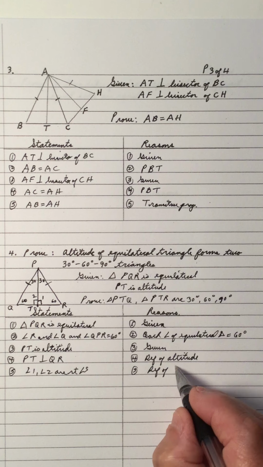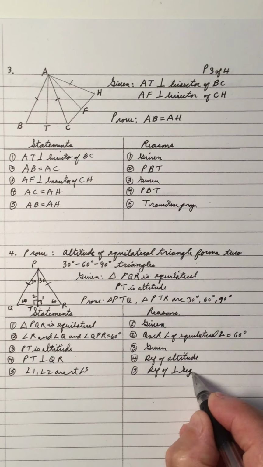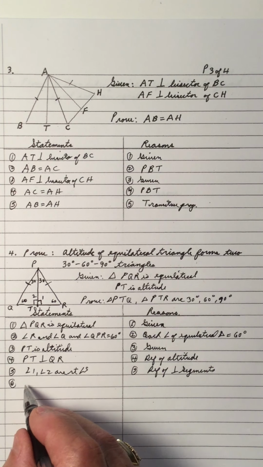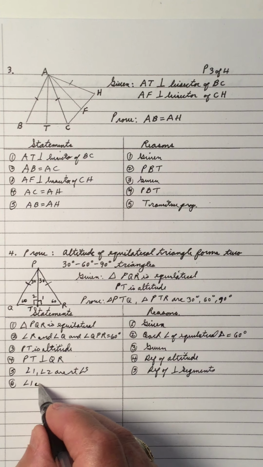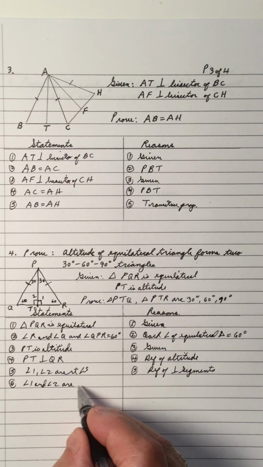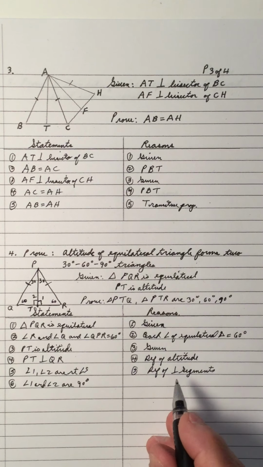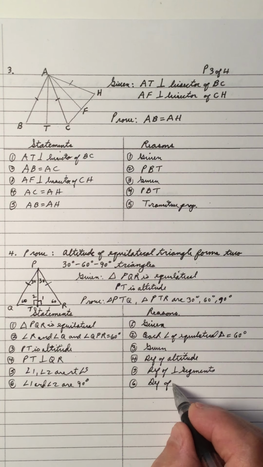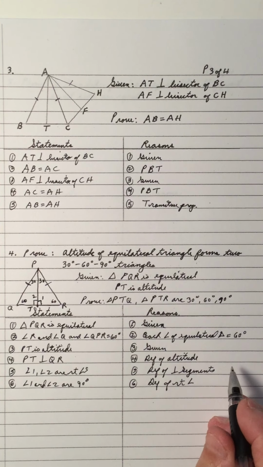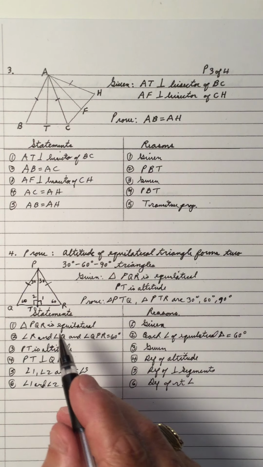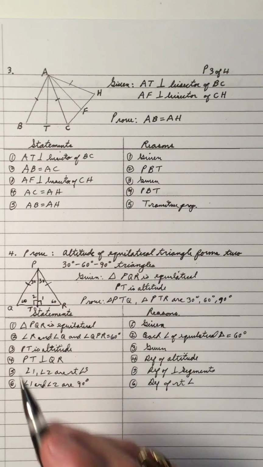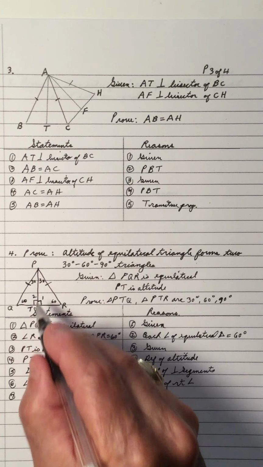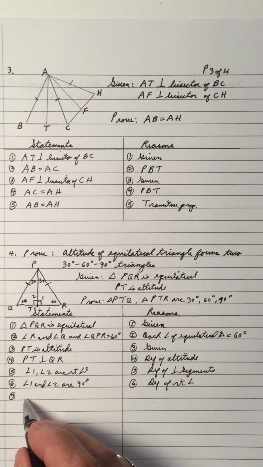Definition of perpendicular segments. And that means that angle 1 and angle 2 are 90 degrees, and that's the definition of a right angle. A right angle is an angle that measures 90. So we got 60-degree angles, we got 90-degree angles, and as a result, this angle is 60. So that means that